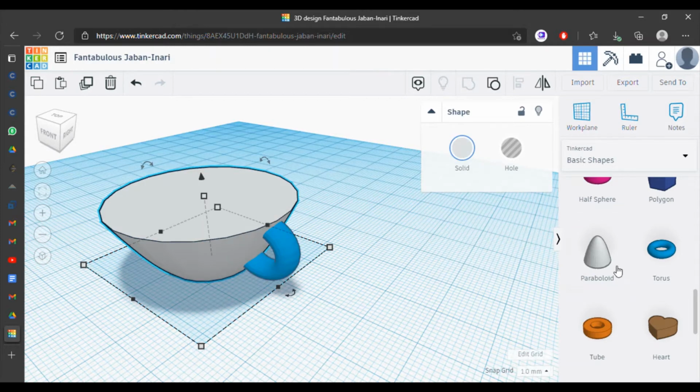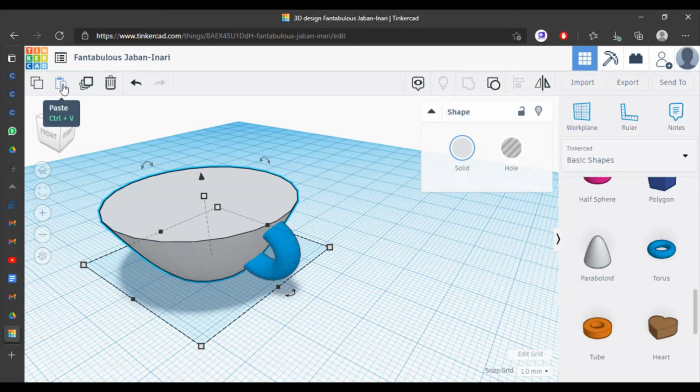we can take another paraboloid and then make a cavity, or we can just duplicate this paraboloid. We can press Control C and Control V to copy and paste, like this, Control C and then paste.